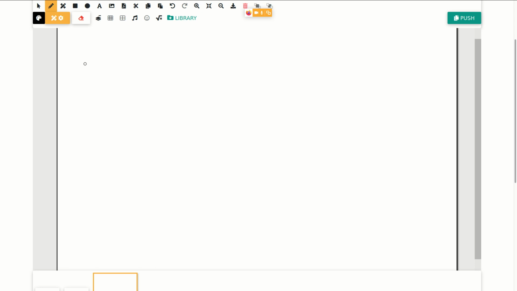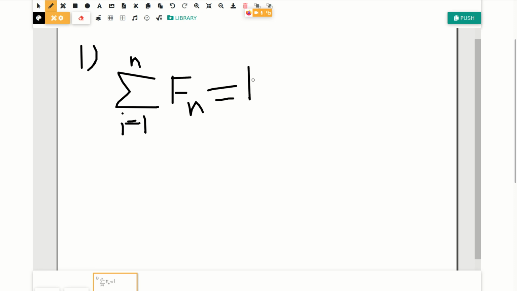All right. The first property of Fibonacci numbers, I hope you guys are writing this down somewhere. It is the sum of the first n Fibonacci numbers. This value is equal to fn plus 2